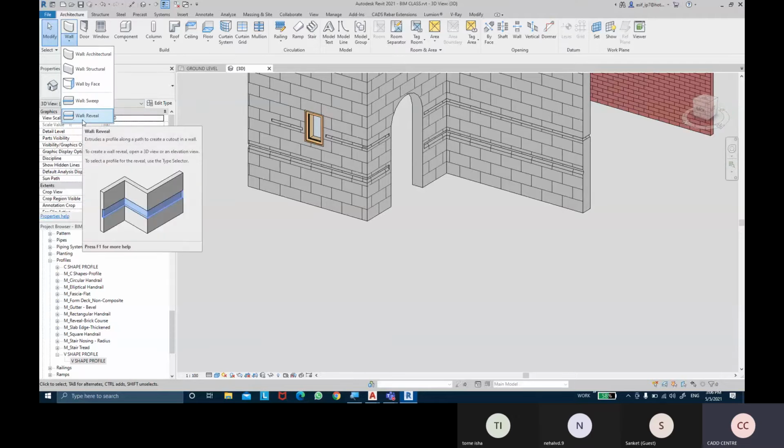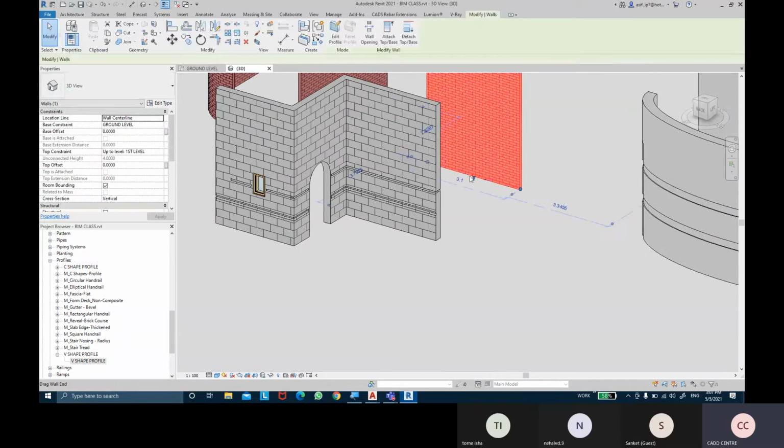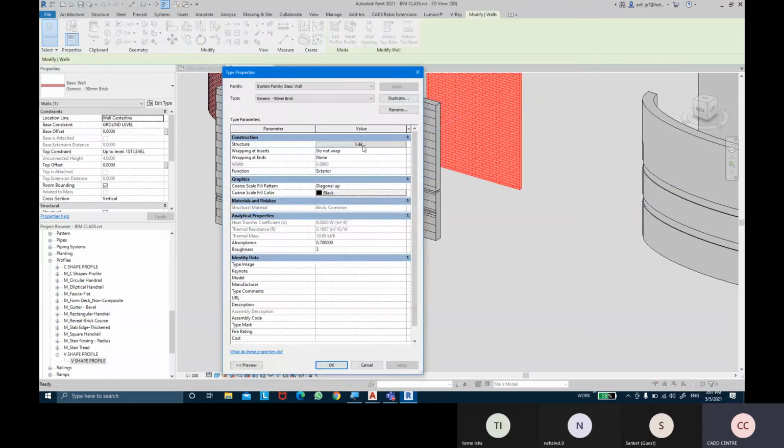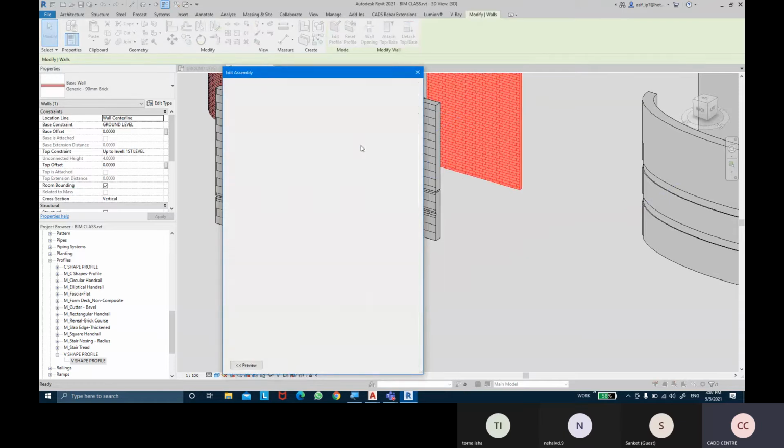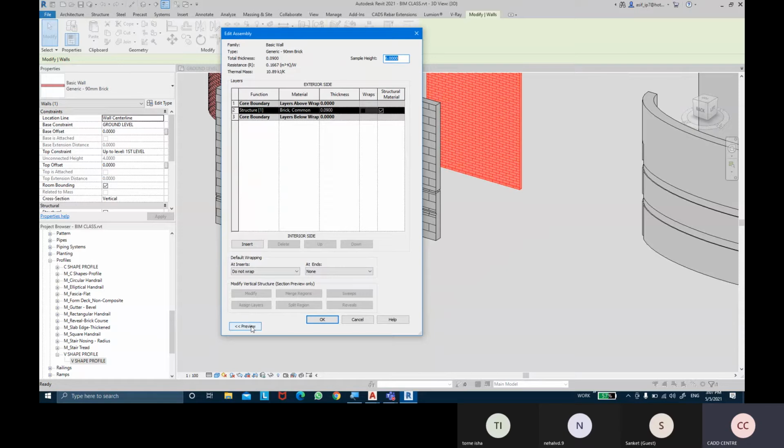Now this was using the wall reveal command's options, which was given in the wall option. Okay, now if I would have selected this wall and went into the edit type, and if I go directly into the edit, there's an option over here also as the reveal. If I would have used this option, it says I can't use reveal over here.